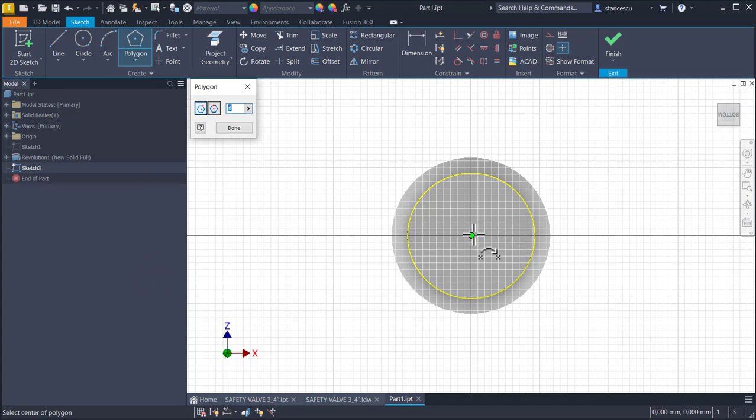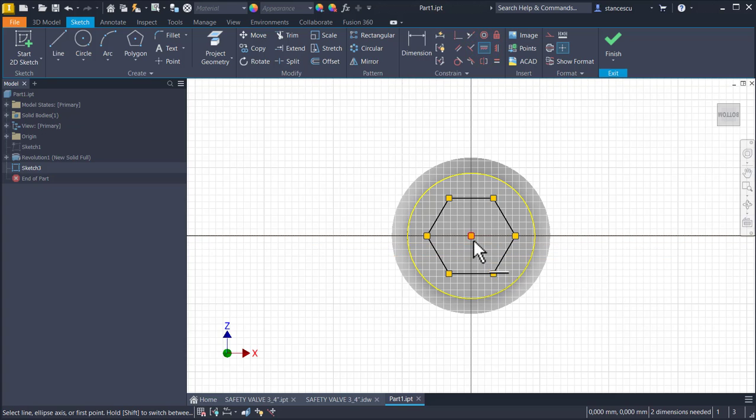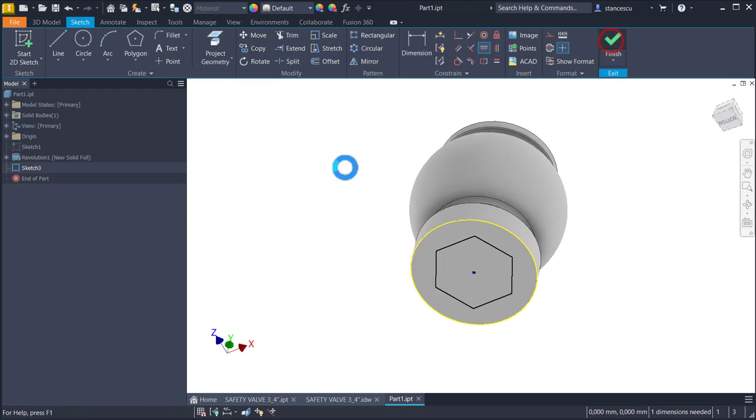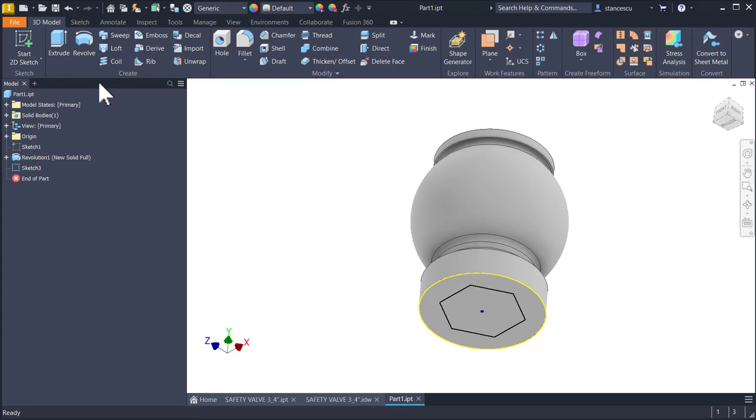This is the center, and we place here a hexagon with this point on the same horizontal. Look at X here. Finish sketch, extrude,